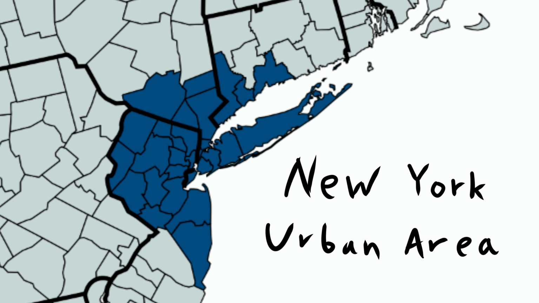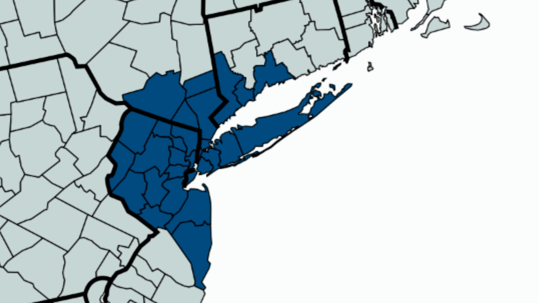The New York urban area subregion encompasses America's most important urban area. For basically all of American history, New York City has been the most populous and important city in the nation. The subregion has a population of 22.6 million and covers an area of 8,724 square miles. This comes out to a population density of 2,590, which makes it the most densely populated subregion in the entire country, with over 26 times the national average.